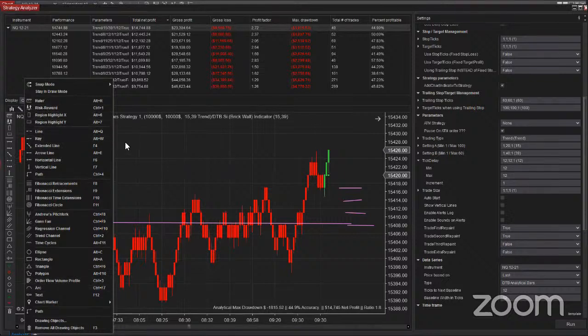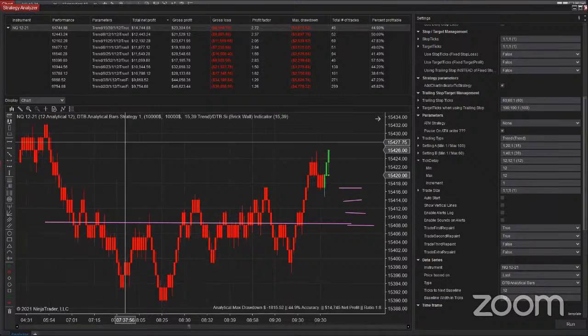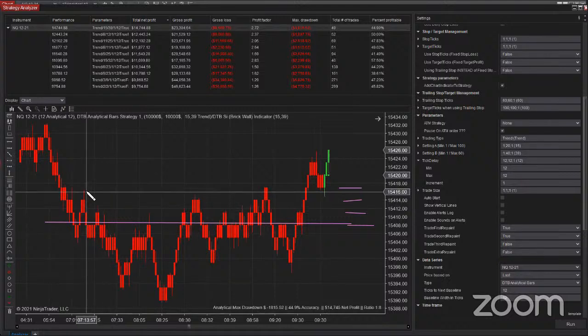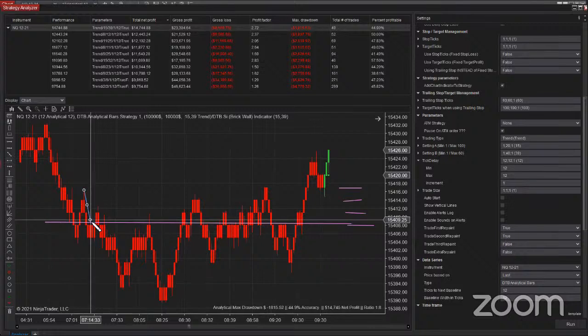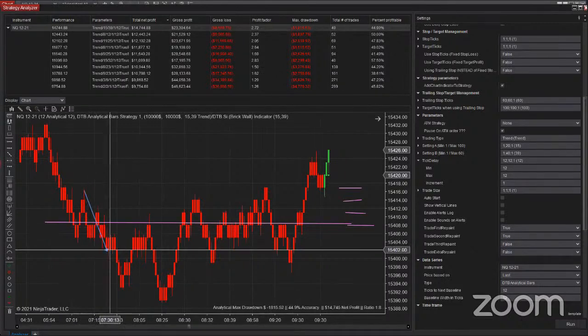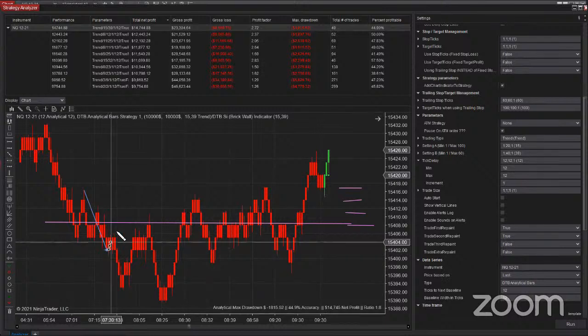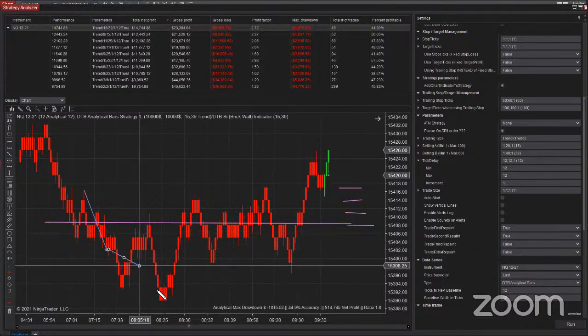Alt and E. Alt and E. Okay. So if you have a zigzag, what's going to happen is you're going to have a reverse trade over there, a reverse trade over there. Come on, Alt and E. So you'll have a buy over there, and then